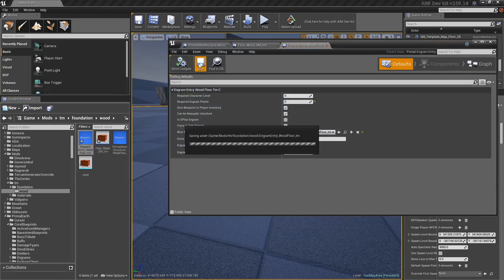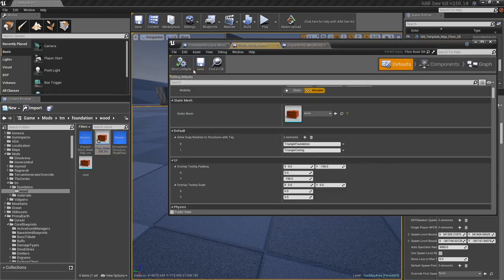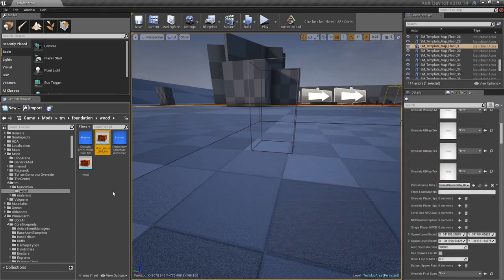We'll go ahead and save these though. Save. You don't really need to compile everything. It already has a check mark. If it has an X, you want to compile it. Okay, so at that point, you're almost ready to go within the test play area and try it out, but